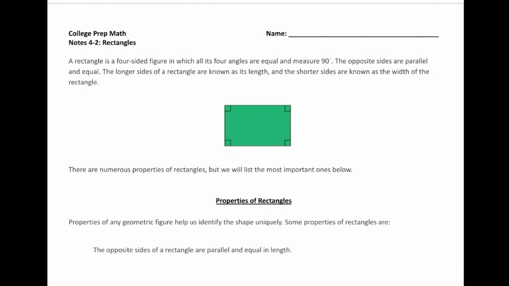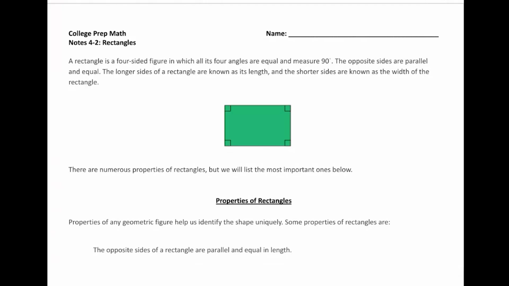We're looking at our second shape. Last time we looked at triangles, and today we're going to look at rectangles. And so we'll go through a lot of the same things that we did with triangles. We'll look at the different properties that rectangles have. We'll look at how to find perimeter and area, and how to work some of those problems once variables start